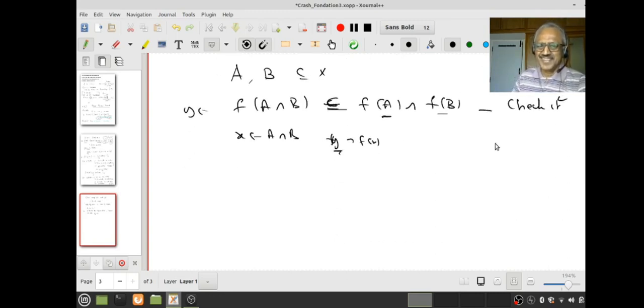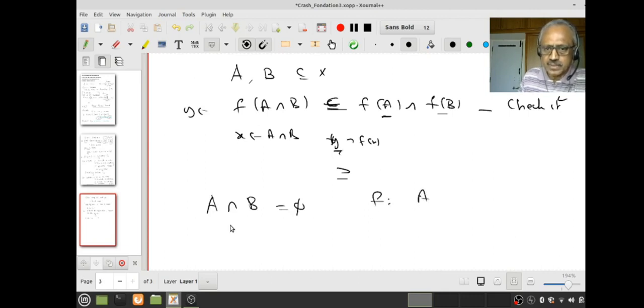Are you happy? But the other way is not true. One can figure it out, take some time to figure out what goes wrong. But let me just look at a very trivial example. Suppose A and B are non-empty disjoint sets, and suppose f is